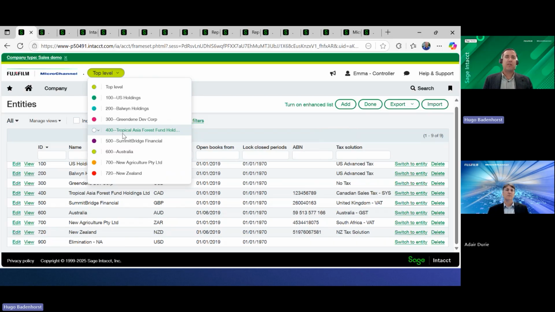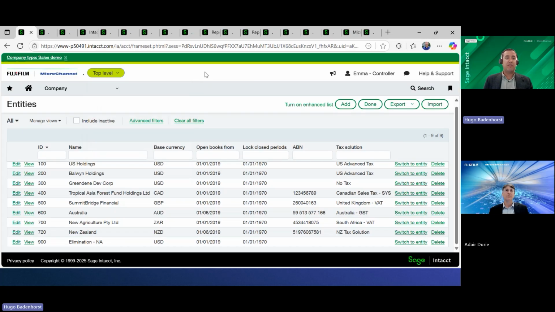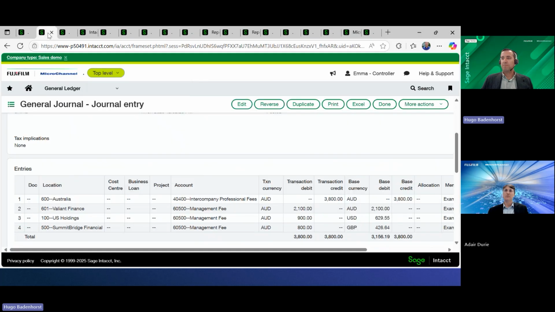When we start looking at master data, such as your chart of accounts and any of the dimensions that we'll use from a reporting perspective, all of that is created once and is available across all these entities. So that top level gives us the benefit of creating everything only once. Now, when you think about transacting across multiple entities, that automation across the different entities will also be quite beneficial.